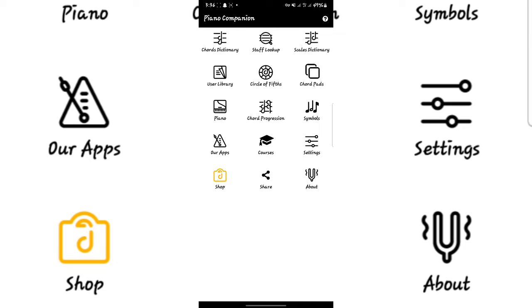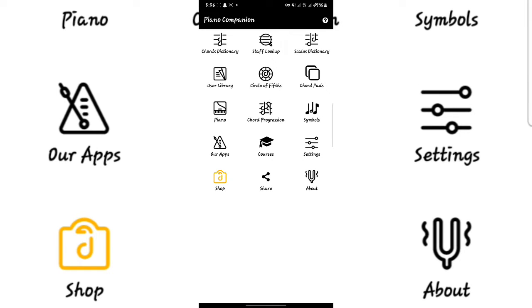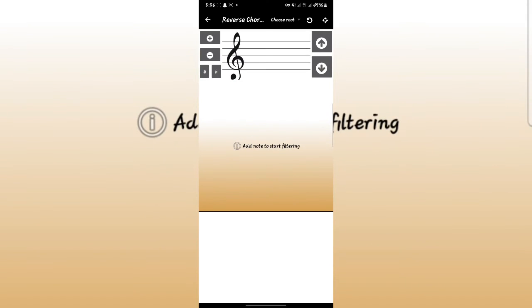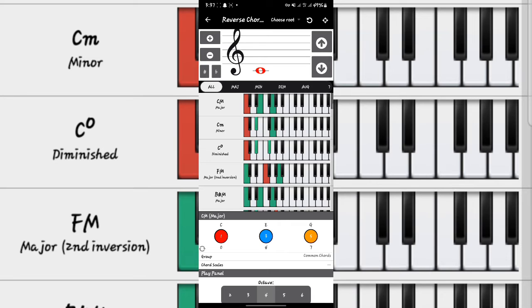So if we go back here, there's another thing I'm going to show you that is so important and interesting. Wow, this is the staff look up. If anything you add here, it will be indicated on the staff. Then we see how beautiful it is. So you see that O there. So in C major,